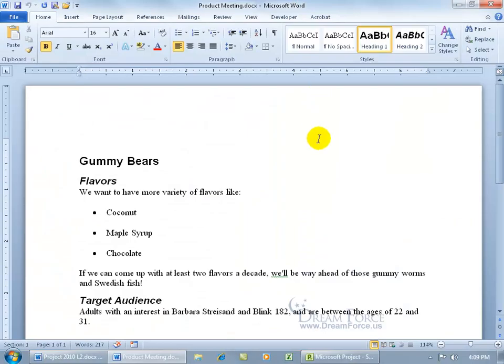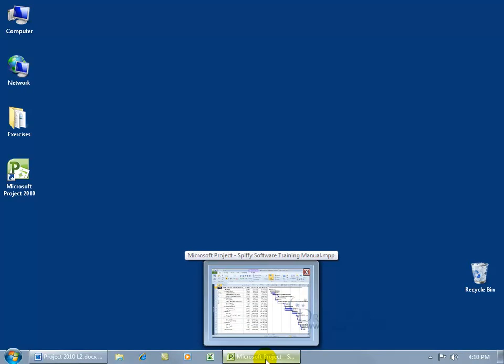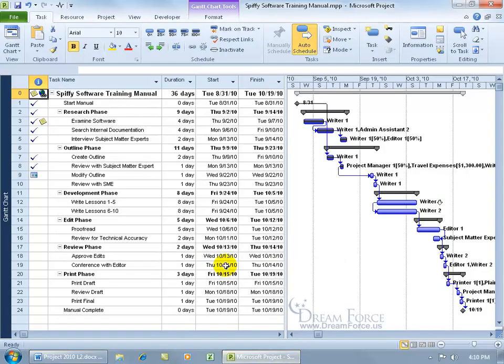Gummy bears, yay! What's that have to do with the Spiffy Software Training Manual? Nothing. So the hyperlink can open up any document. In any case, once you have it open, close out of it. Let's go ahead and come back down here to the taskbar, click on the project button to restore Project, and